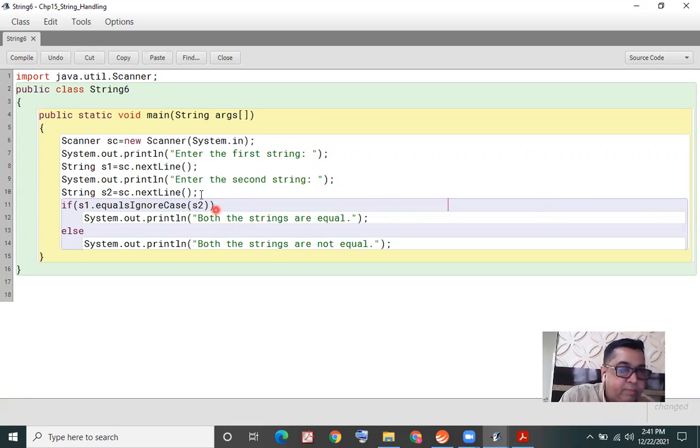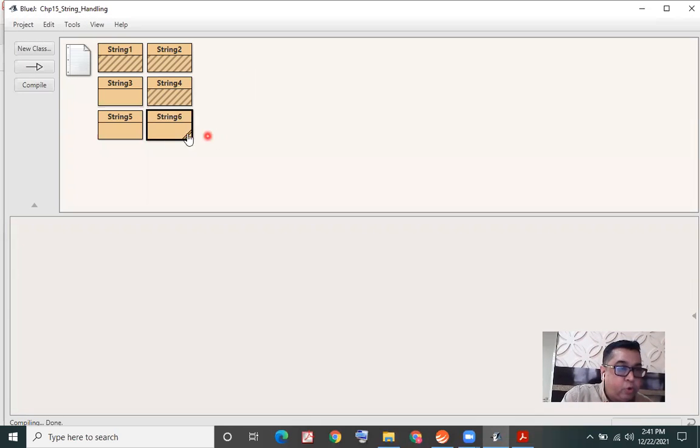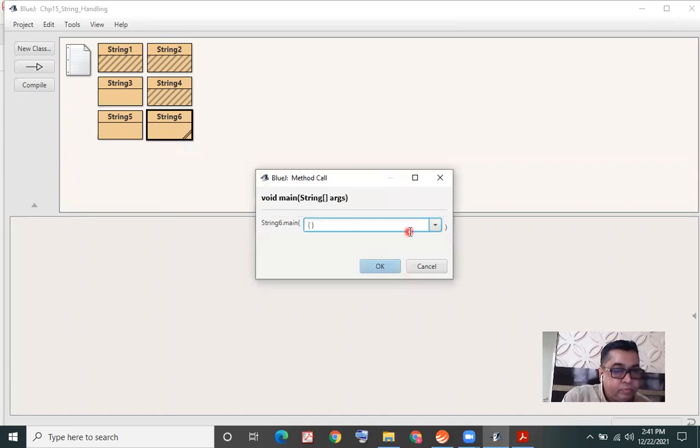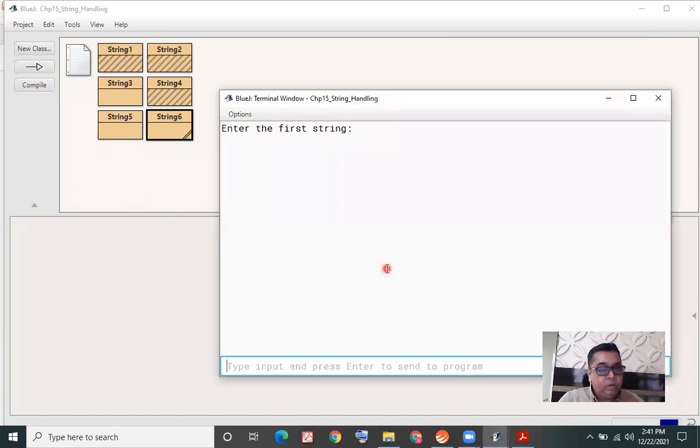You clearly understand what we mean by this. Execute the program now. I'm typing Ram in capital, and the other string I'm typing Ram with R capital and am in small.